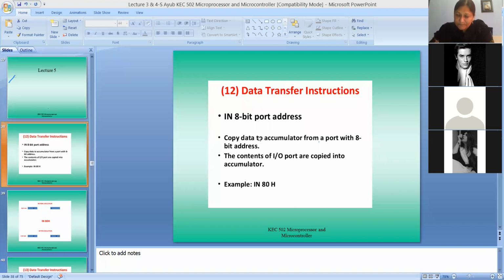Ma'am, there are many noise barriers when you are speaking, so we are unable to understand. Is the disturbance from my side or from your side? Maybe it is a network issue. Let me switch off my fan, then we'll see. Now is my voice clear? Yes, ma'am.